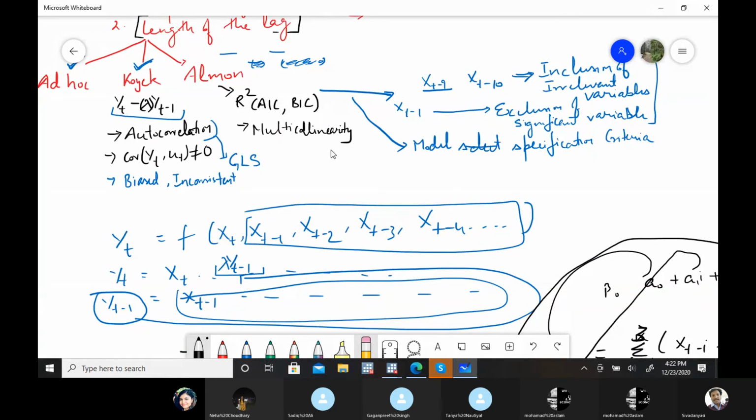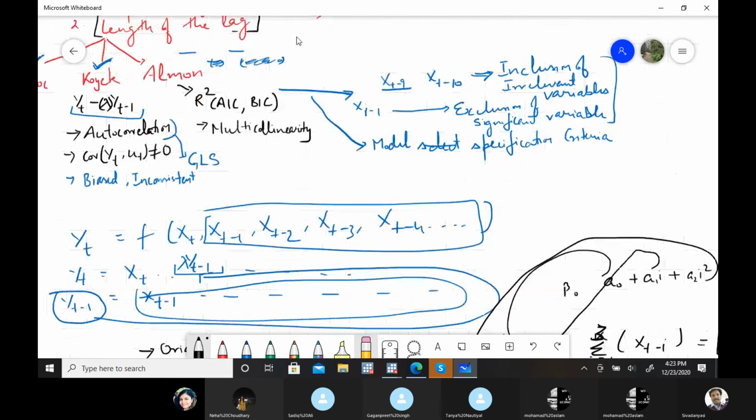Neha, is it clear, this Almon's approach? After this, if you read this part from the book, it will give you more clarity. But at least now you have some idea of how they have answered the question of the length of the lag and incorporated it into a model. Okay, thank you.